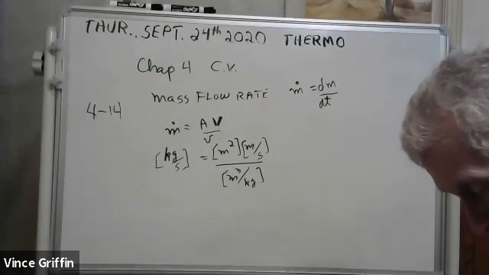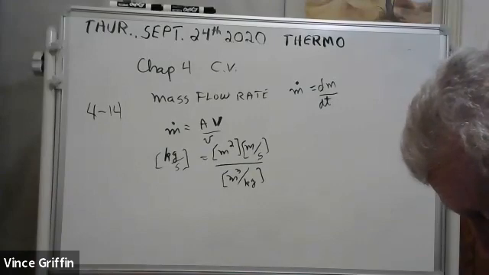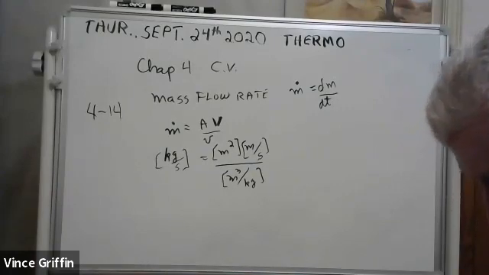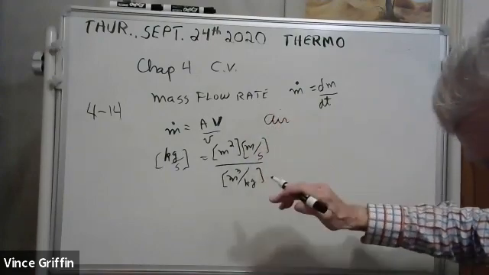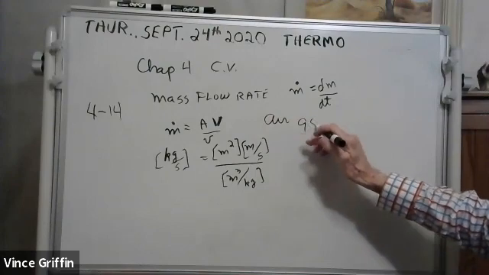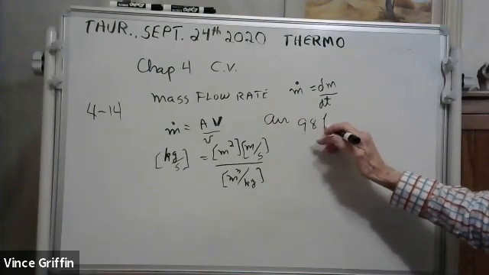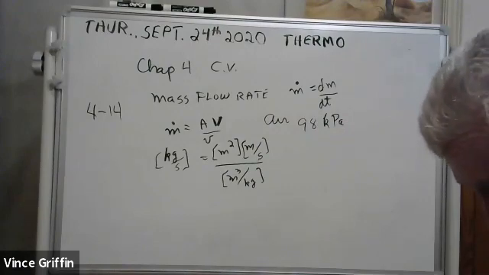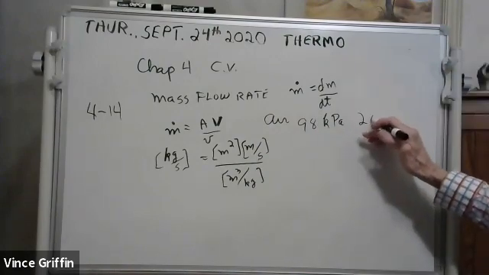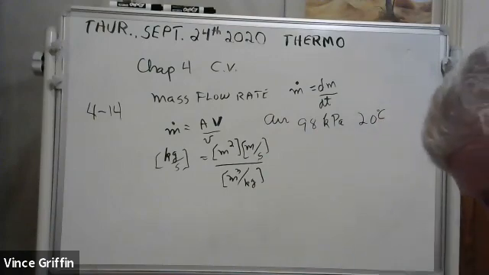A 0.6 meter diameter household fan takes air in at 98 kilopascals. That's approximately atmospheric pressure, and 20 degrees Celsius, and delivers it